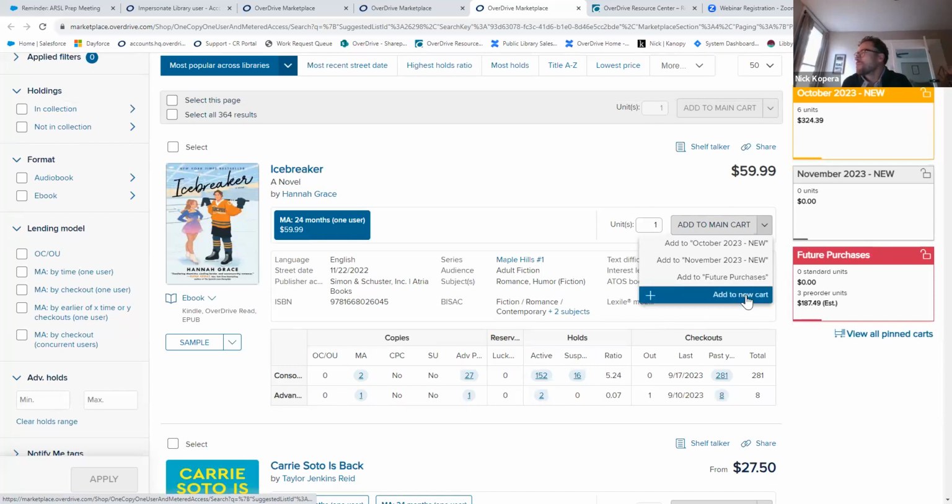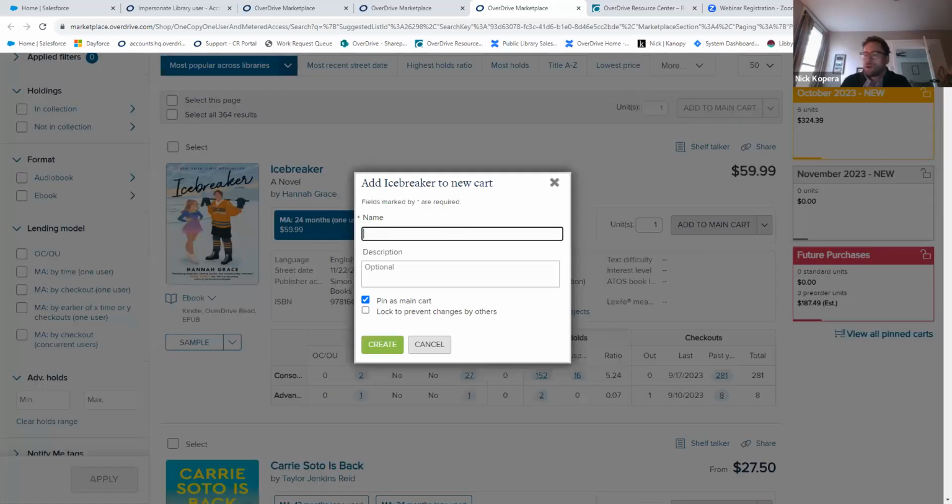If I click this arrow here, it's going to give me a couple of different options. The main cart would be October 2023. And then I have the option to add to a new cart as well. All of these carts that you see here are what we call pinned carts. So if I say let's add this to a new cart,